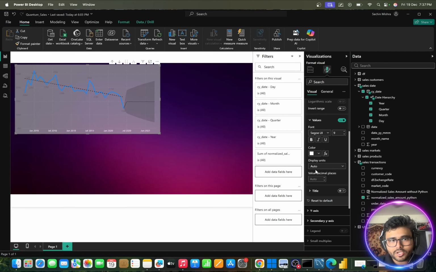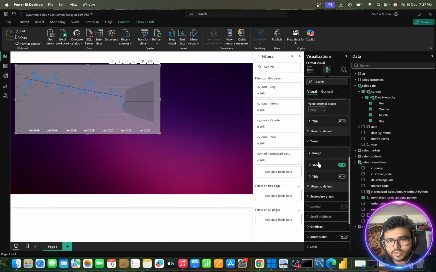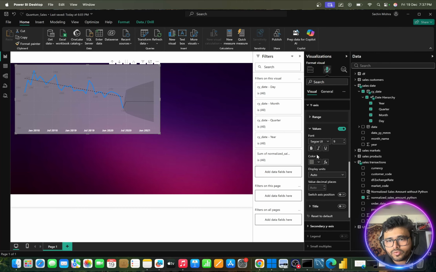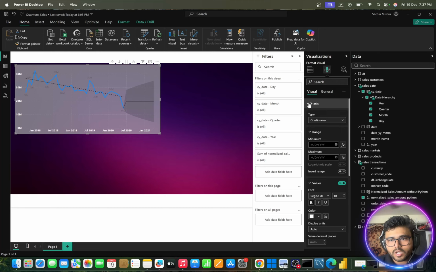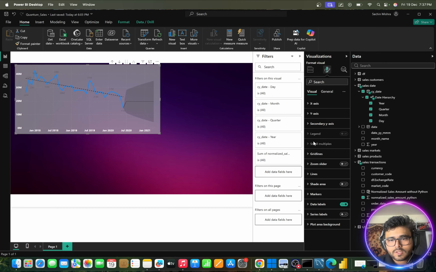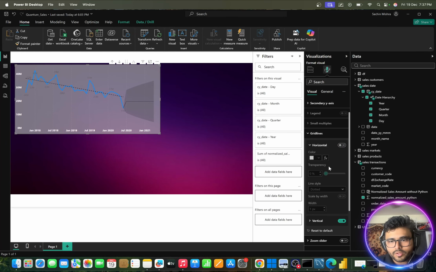color I will change to white, make it bold, and let's make it 10. All right, similarly for y-axis, values, color to white, bold, and 9. This looks good. And then we have this chart value, so let's make them properly aligned as well. First of all let me remove the grid lines also, horizontal as well as vertical grid lines. I will remove them,